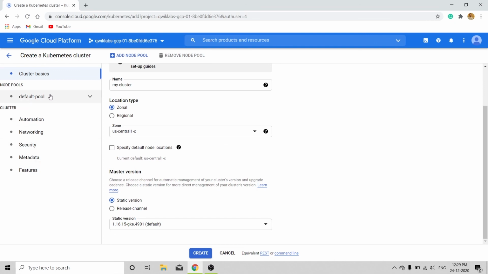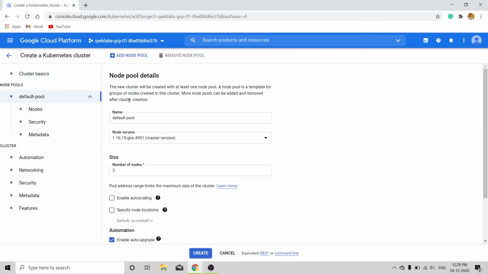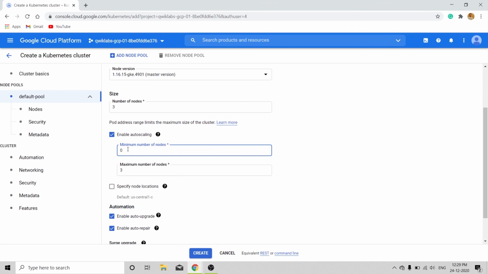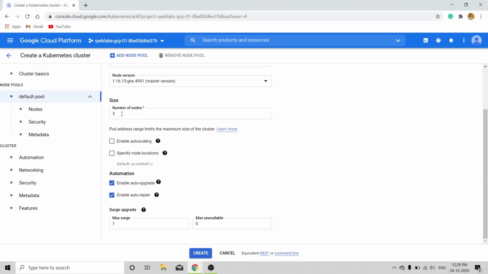And now we have the default pool where we can mention the nodes. Here the name of the node pool is default pool and the size of the nodes is to be 3, which is the default size. You can enable auto scaling if necessary. While auto scaling, you need to mention the minimum and the maximum number of nodes. I'll just keep the number of nodes to be 3,